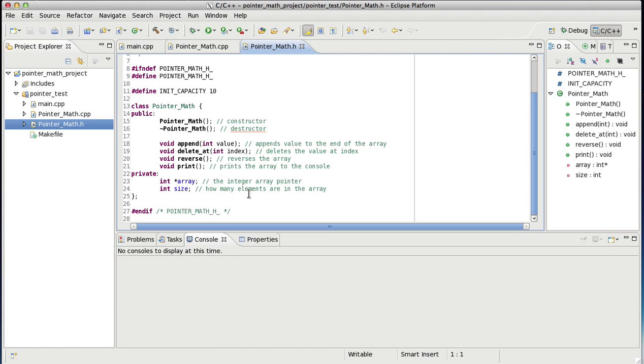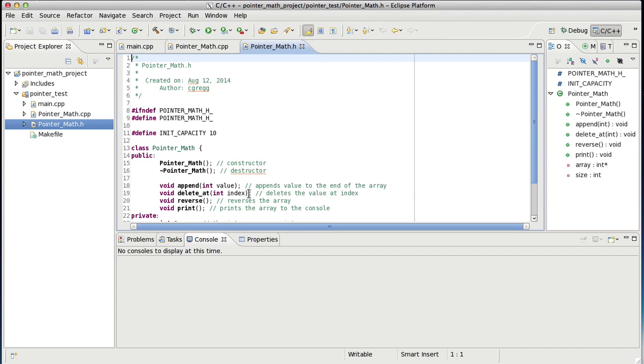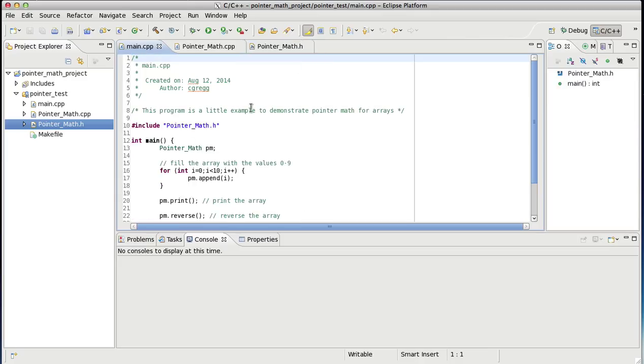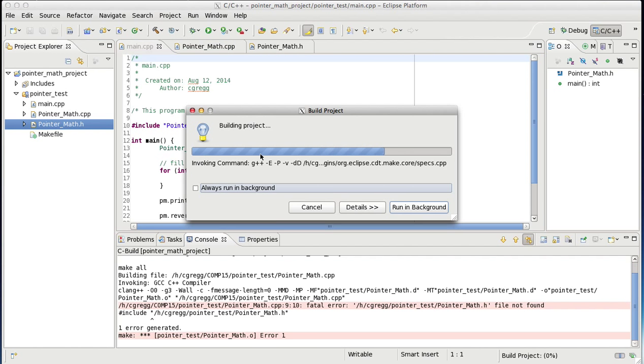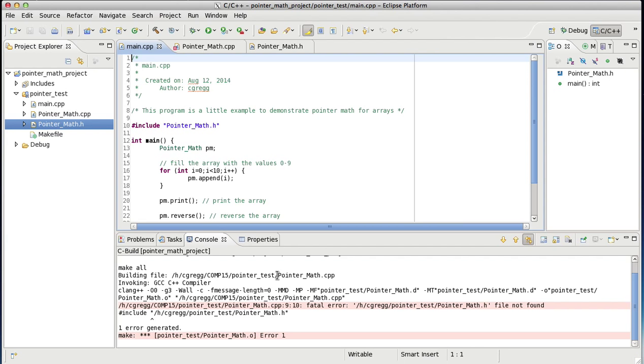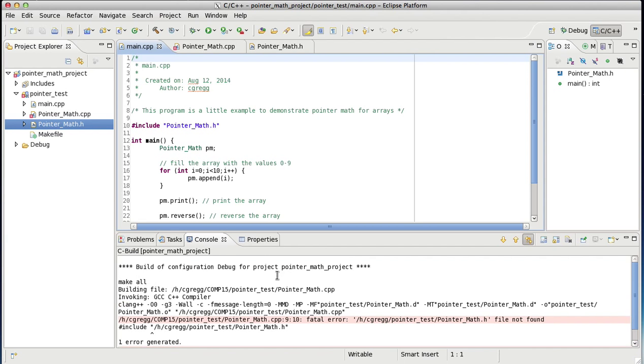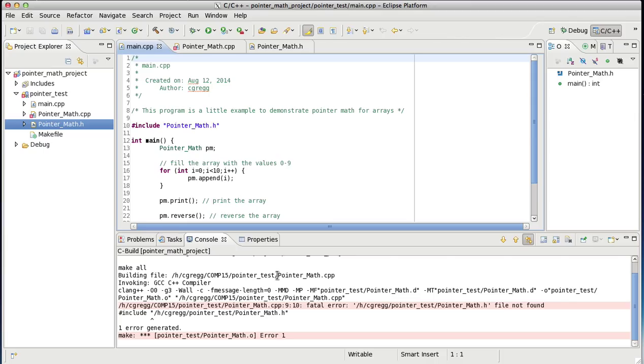You can take your time looking through this if you want. And the first thing we can do is actually test to see if it builds. Okay, this little hammer over here is for building. What it says is build debug for project pointer math. That's exactly what we want to do. So I'm going to click on that, and it'll start compiling it with C++, with Clang, and down here there will be